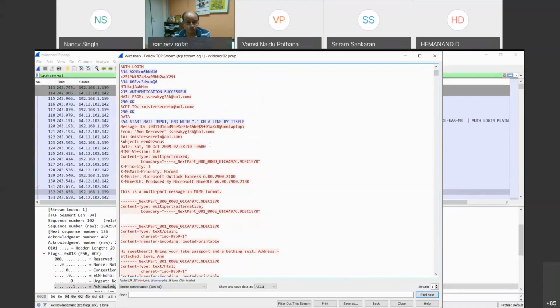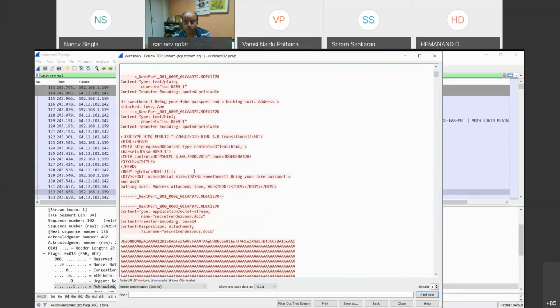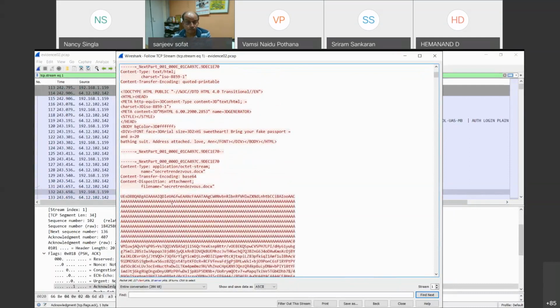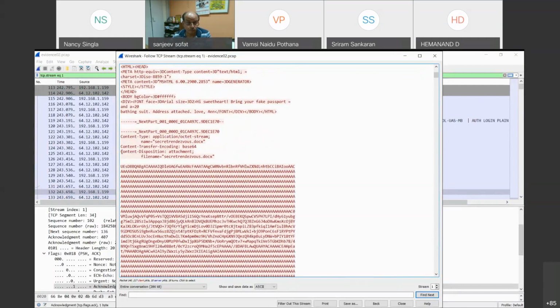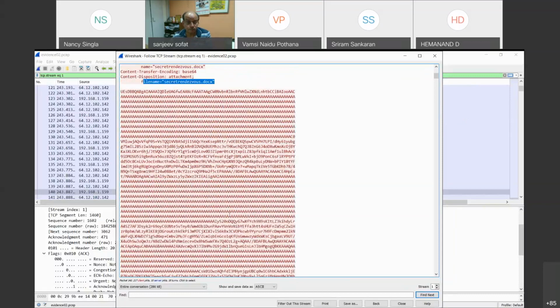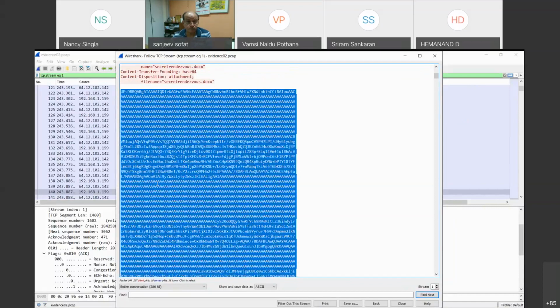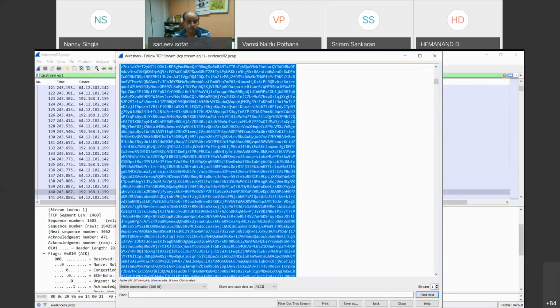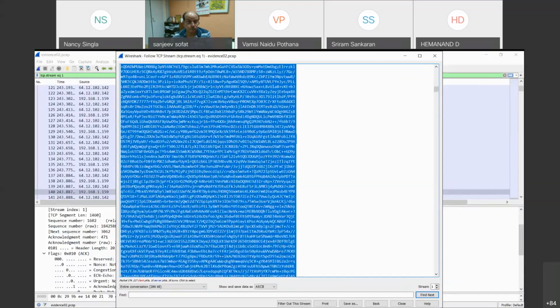Now, most importantly, we see what attachment she has sent. You can see content disposition attachment, file name secret rendezvous point, rendezvous.docx. It's a doc file, so again this is in encoded form. If you copy this, you can actually see the entire file.